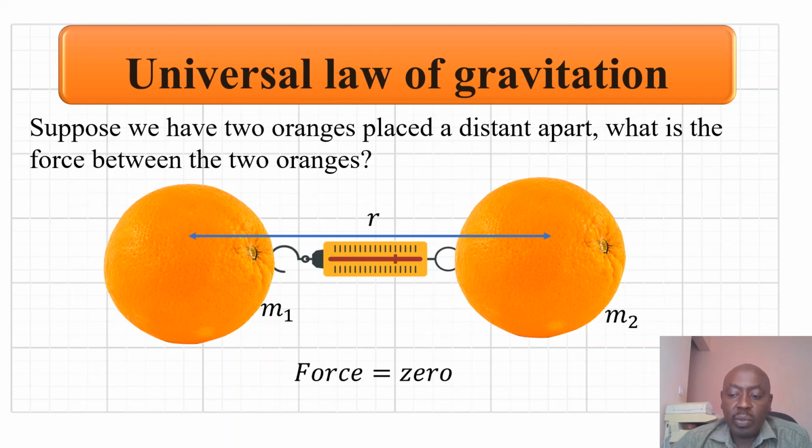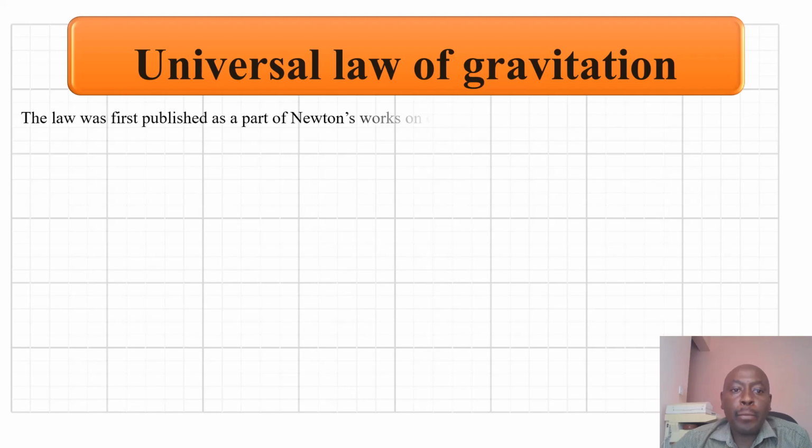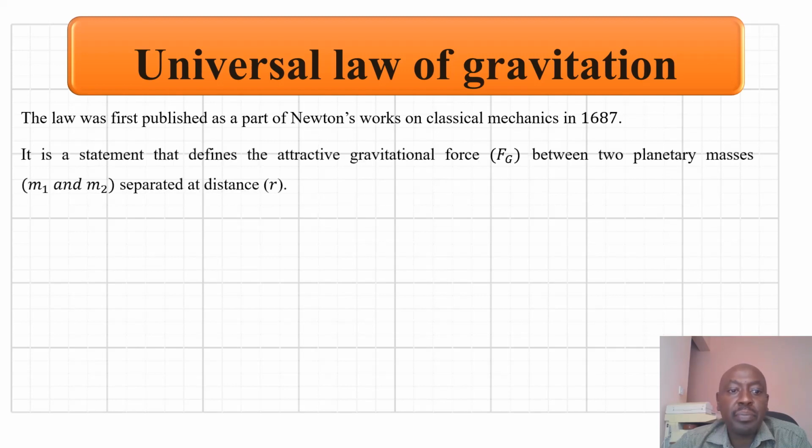To understand this one, we need to introduce ourselves to the universal law of gravitation. This law was first published by Newton in 1687. It is a statement that defines the attractive gravitational force between two planetary masses, M1 and M2, separated by a